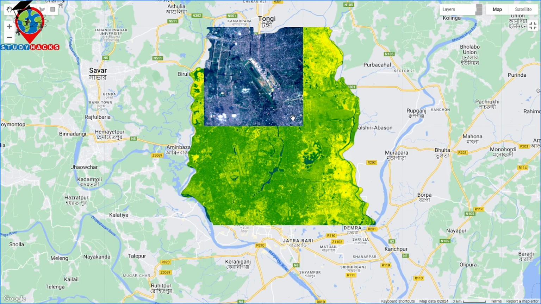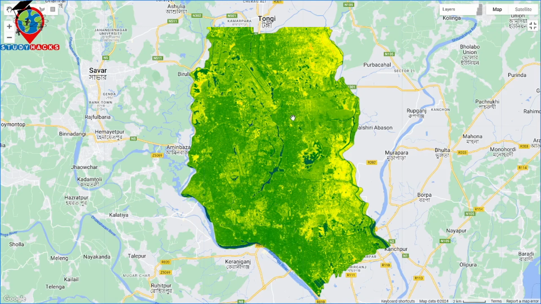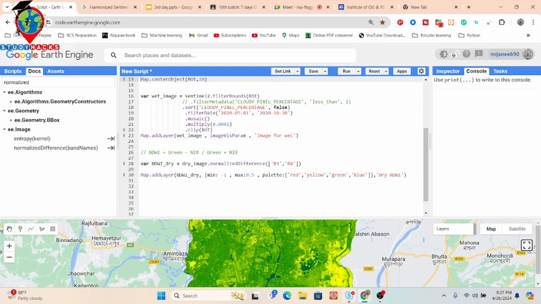So I can see it show this type of map for the dry season NDWI. Okay, so now further I want to create the wet season or rainy season NDWI, and then check the condition for water body. So I use the same code, I simply copy from here